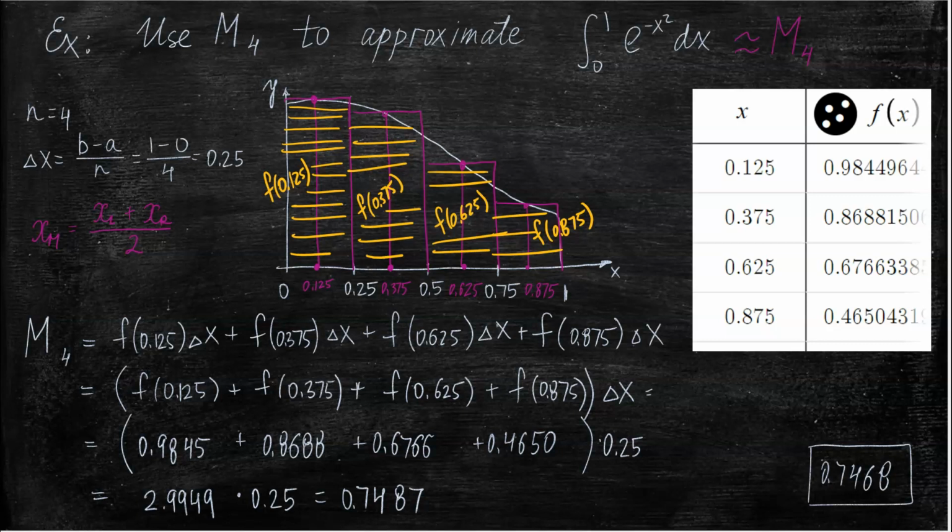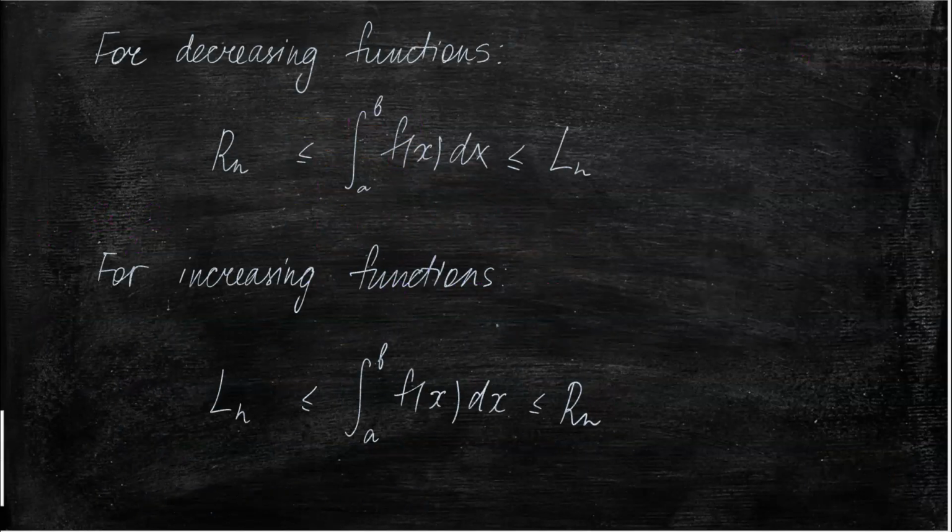Well, it is true for any other function. So M4 is a better estimate than L4 and R4 in general. For some specific functions it may not be the case, but in general it is a better estimate. Now, to summarize what we just learned,